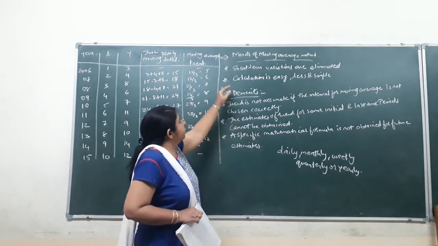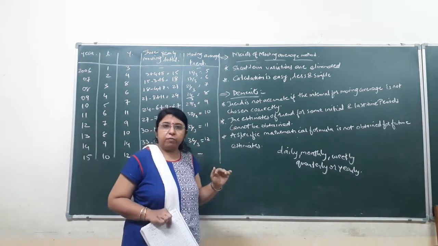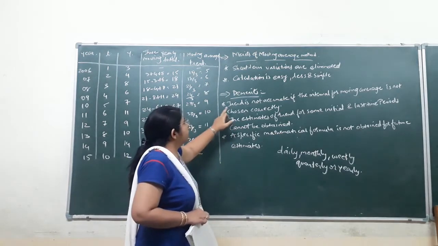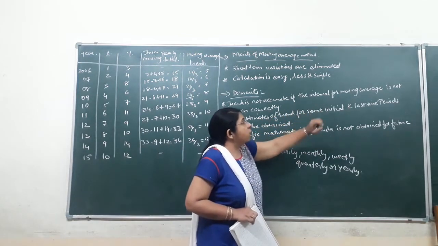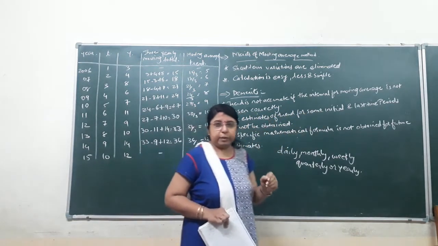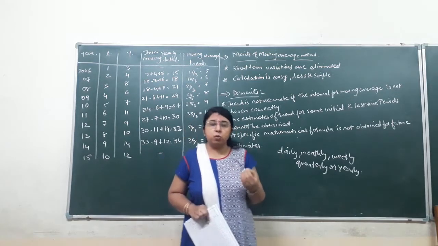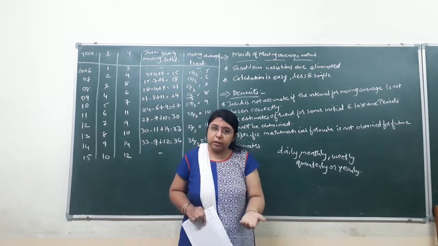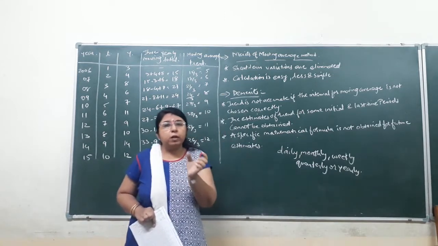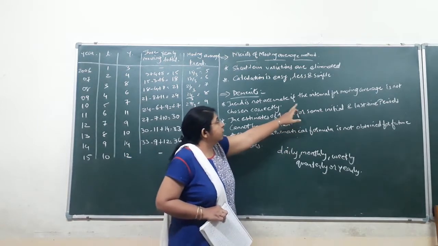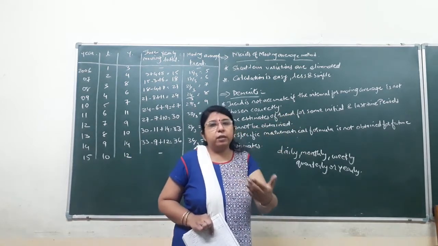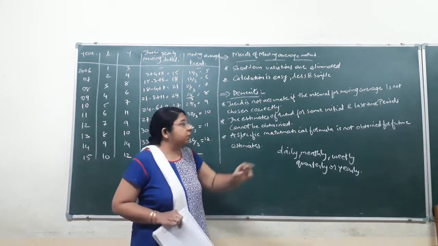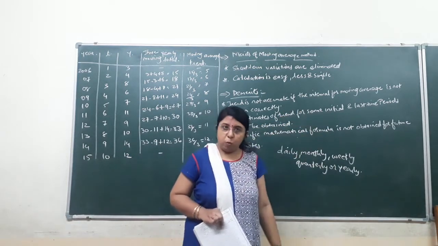Now after understanding the advantages or merits of the moving average method, let us clarify the demerits of this method. The first one is that the trend is not accurate if the interval for the moving average is not chosen correctly. It means if the time is to be taken as 3 yearly, and instead of 3 yearly you have taken 4 monthly or 4 yearly, if you have not taken the interval of the moving average correctly, then naturally the answer would not come correct. So we have to be utmost careful while deciding the interval of the moving average.